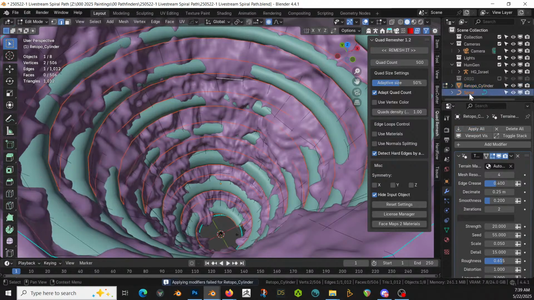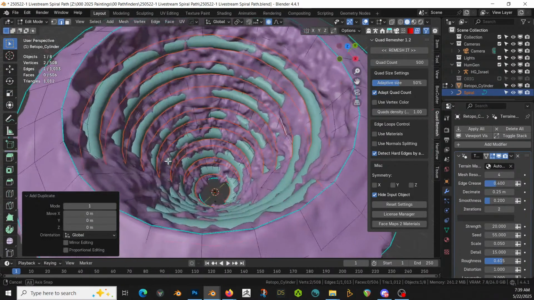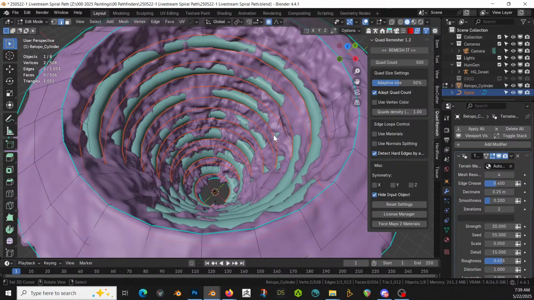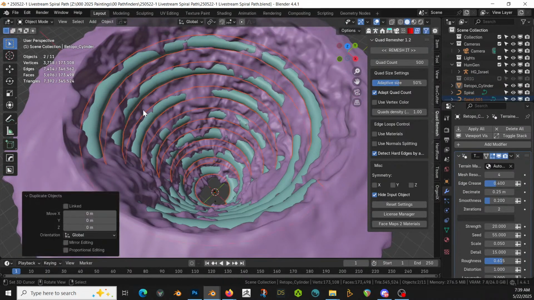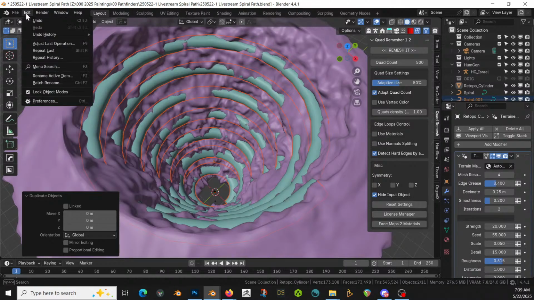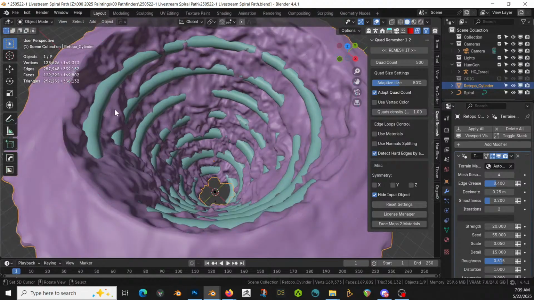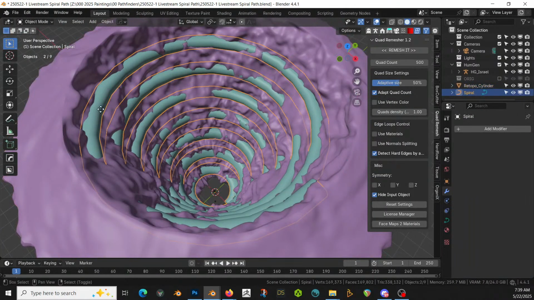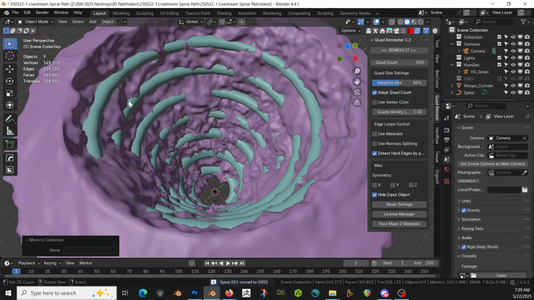Now our spiral, I'm going to duplicate it. Come on. Oh, I'm out of edit mode. There we go. So let me just make sure I don't want to add a duplicate of something else while I'm in there. Shift D, M to a ridge. Okay, now this object,